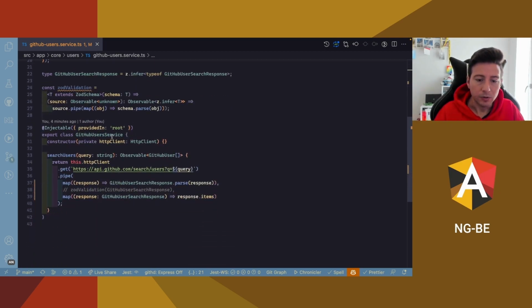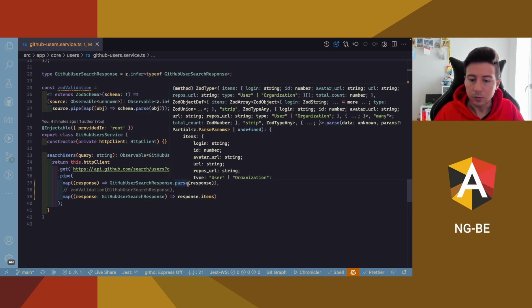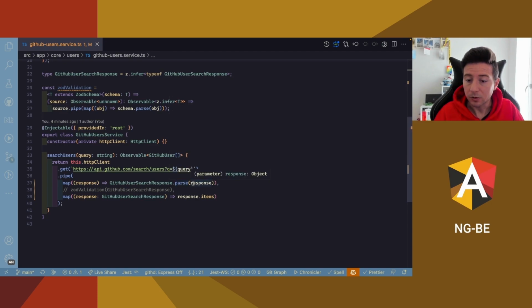Then I use the HTTP client exposed by Angular to create the request. In this case, I create a search method that accepts a query, and then I create the get request using this query and the URL. As you can notice, in this case, I use response, and I use the parse to check if the response is of type